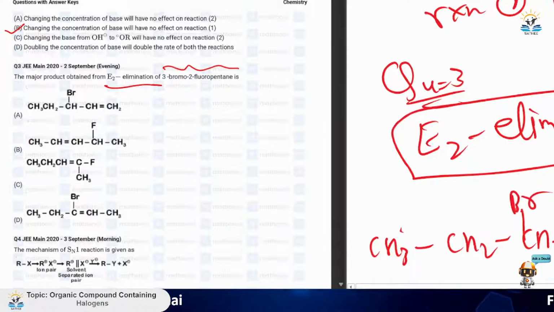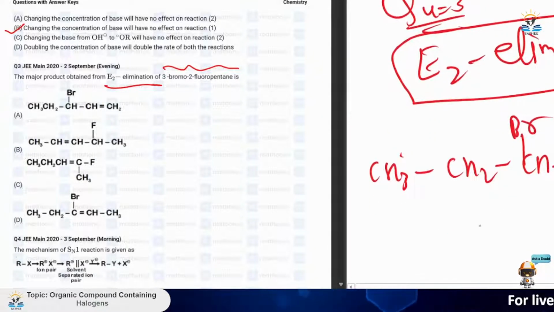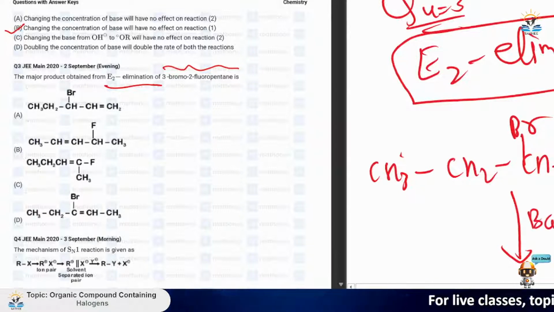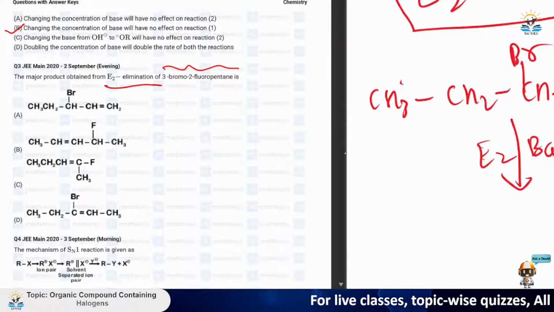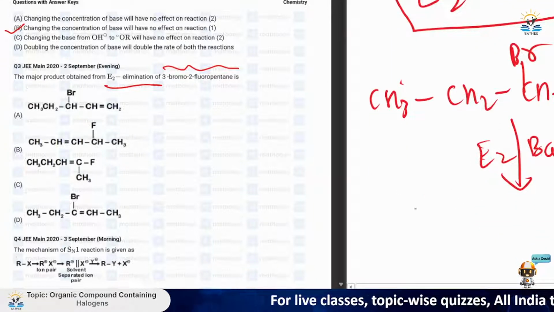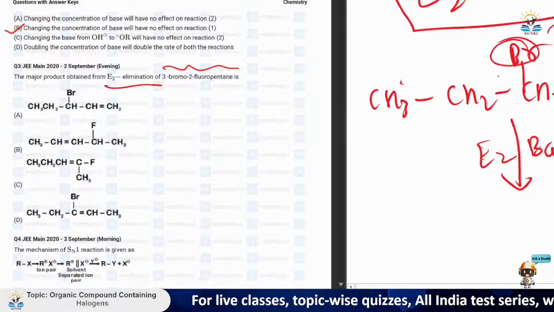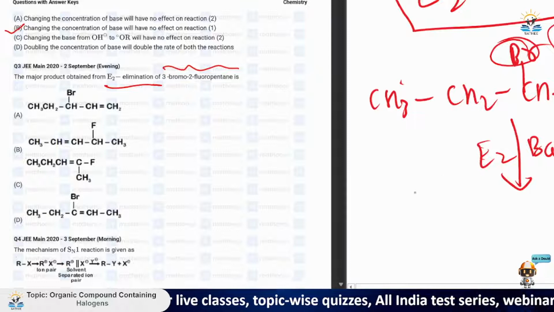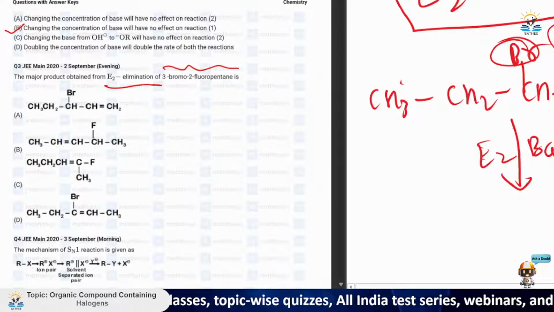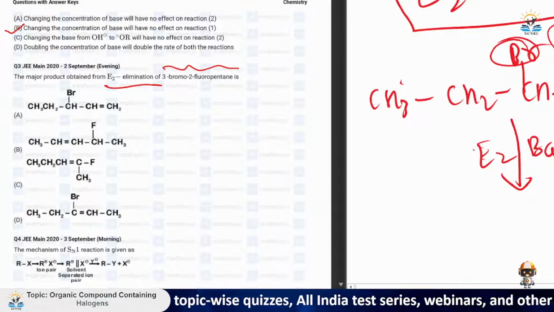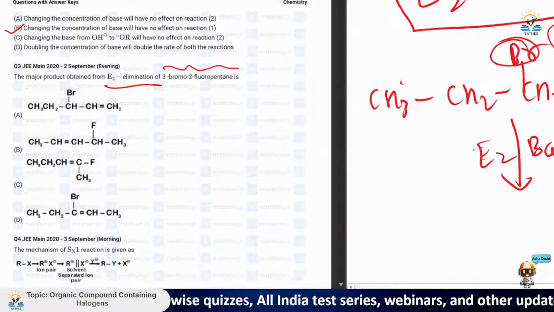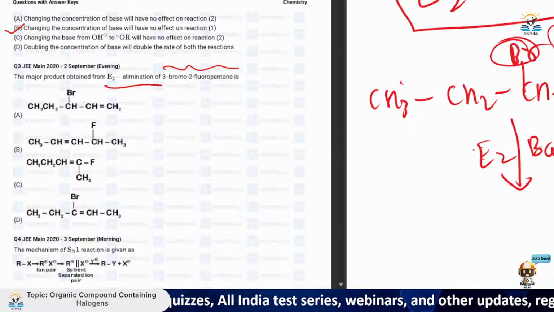Here we have Br and this is F. Now, if we have to do the E2 elimination, then we will require some base. Some base is given, and we have written the E2 elimination also, so it is easy for us. Now, we just need to remove one of the halogens. Which one will go, bromine or fluorine? Let's see. Fluorine is the more electronegative atom, so it should go, but